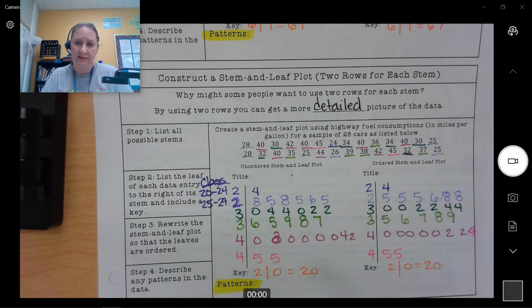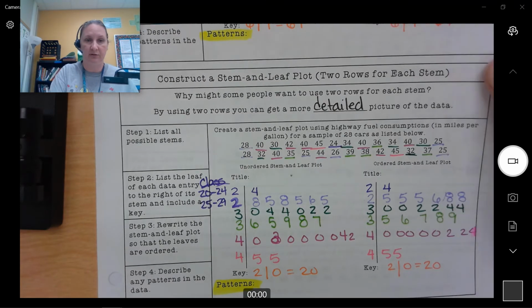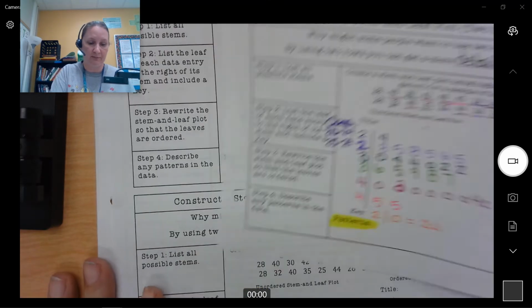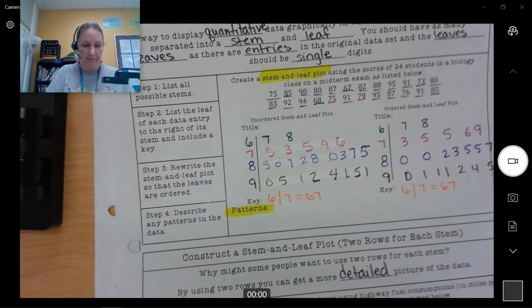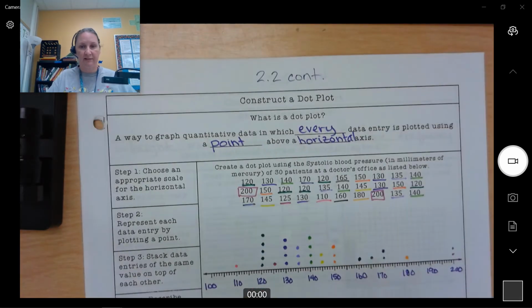Other than that, it's the same process. You're just breaking it into smaller groups. Now, there is something called a double-sided stem and leaf. I don't have an image of that, but for advanced or for AP, I will make sure to provide you guys with an example. For regular, I don't think we're going to have any double-sided stem and leaf problems. Okay. So our next kind of